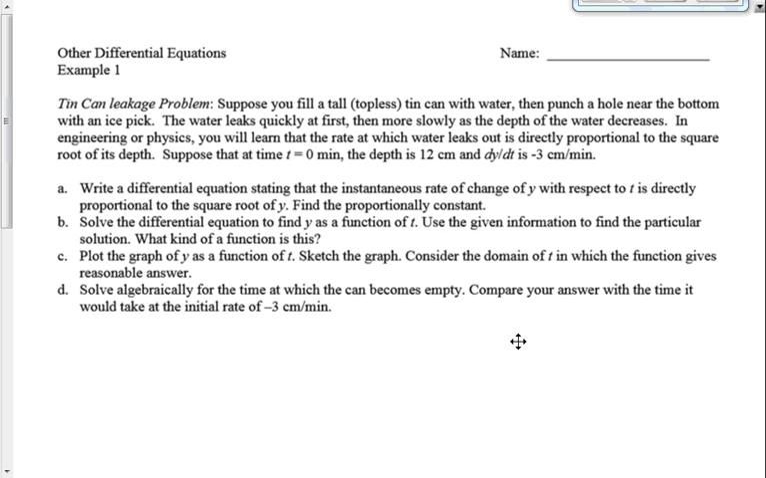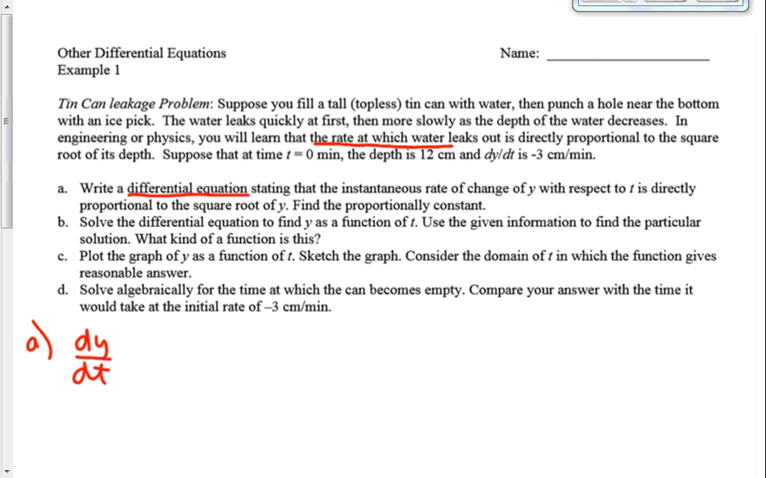Part A says we're writing a differential equation. So first of all, I need to have a differential equation. And I know my variables are going to be y and t. My differential equation is going to be dealing with dy dt. So for part A, I need to find this information about dy dt. And it tells me that